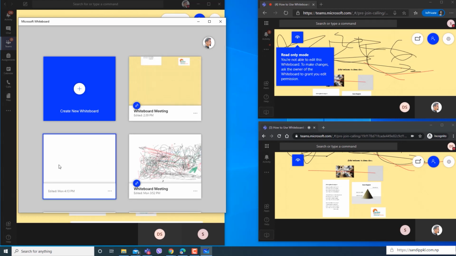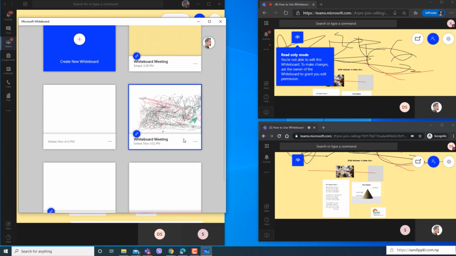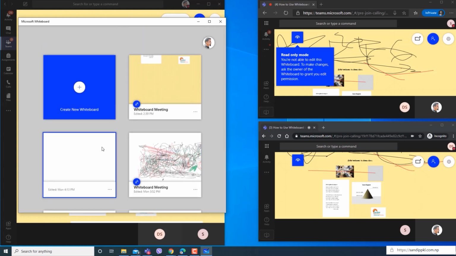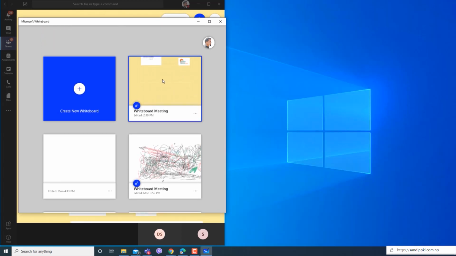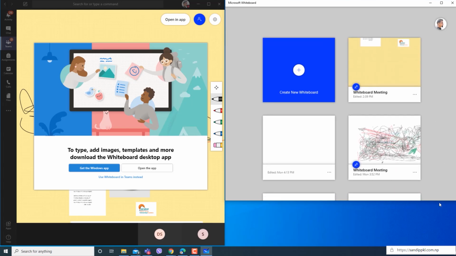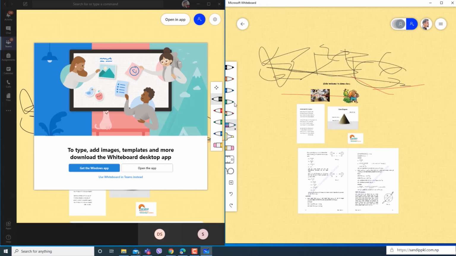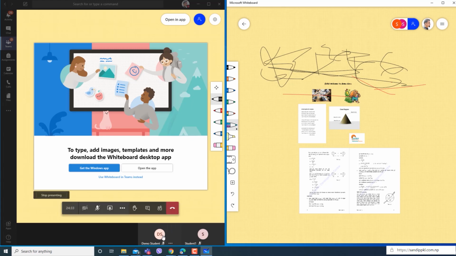You can also preview other boards you have joined or you have created within this list. By this way you can place your board beside your Teams app and observe your students while using the board.